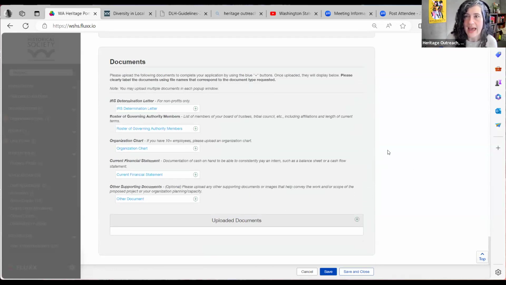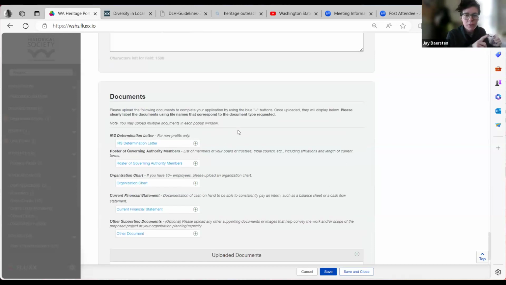Jay, I'm wondering if you want to add anything before we navigate away from this window that we could emphasize. Yeah, just from a functional standpoint, there's two modes. There's edit mode and then there's view mode.